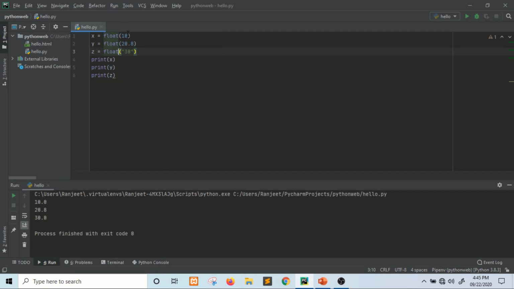You can see 10.0, okay, 20.8 and 30.0, right? So it will take the decimal value. If you want to use a decimal value after the point, then you will have to use the float data type.